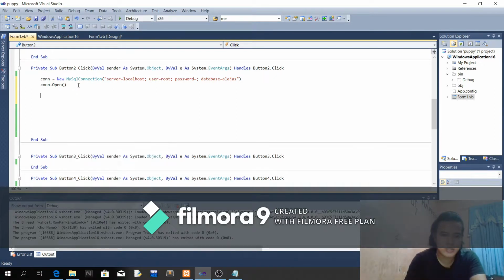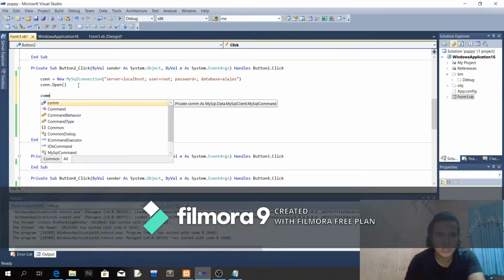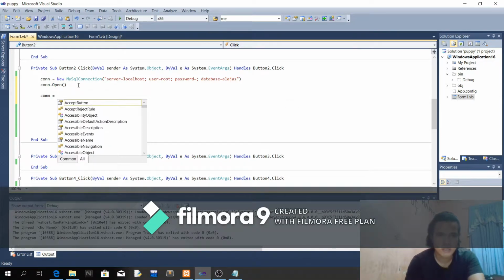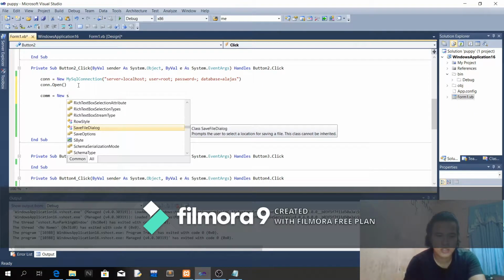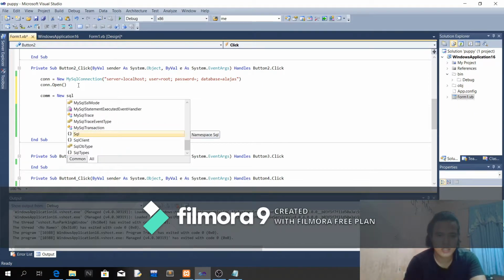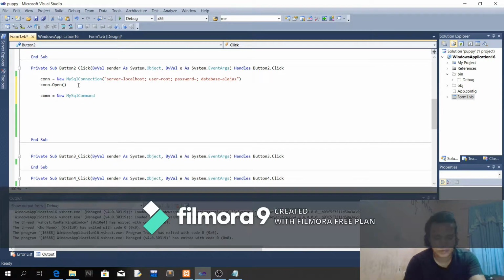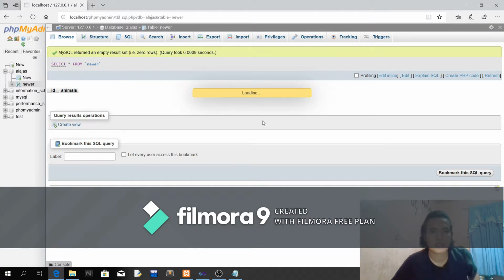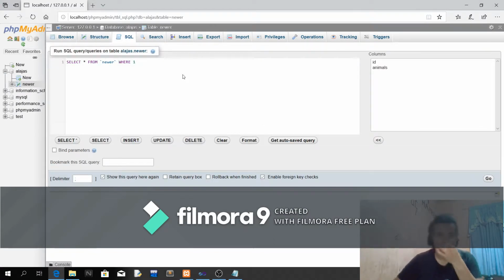So we're gonna use our command com, which is com is equal to new MySqlCommand, which is, as you can see in our database,